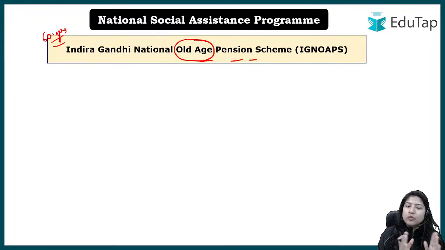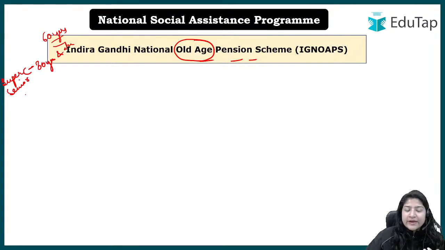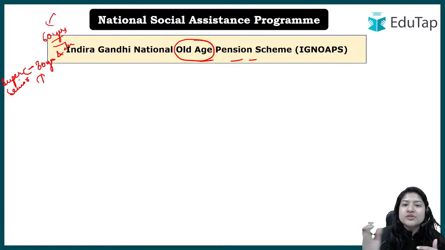See, in India we have one category, senior citizen, that is 60 years and above. Another category that we have is for the people who are 80 years and above, and they are considered super senior citizens. Why? Because they are much older. So the pension for them is higher in comparison to the ones who are in this range of 60 to 79.